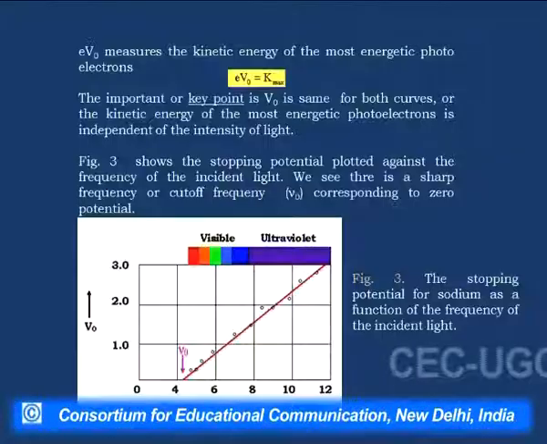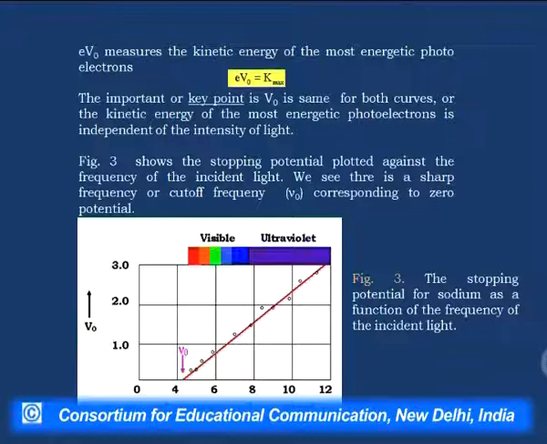Now, the second is that there is a characteristic frequency. Below this you cannot emit, there is no ejection of electrons, there is no photoelectric effect. Now, what does wave theory say? You can increase the amplitude of the wave, and since the amplitude is increased, the electric field vector is increased, the force is increased, and even with microwaves you can emit out these electrons.